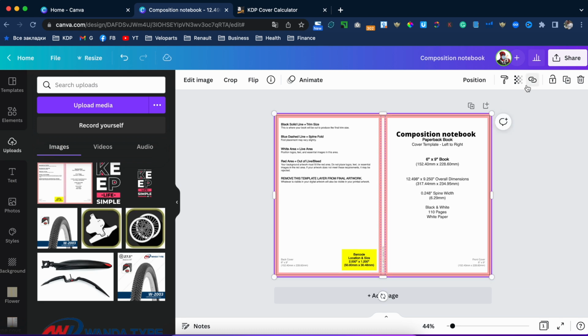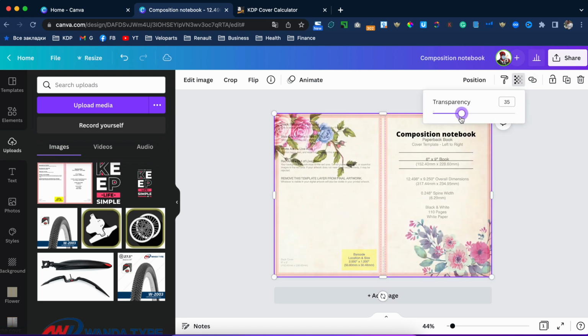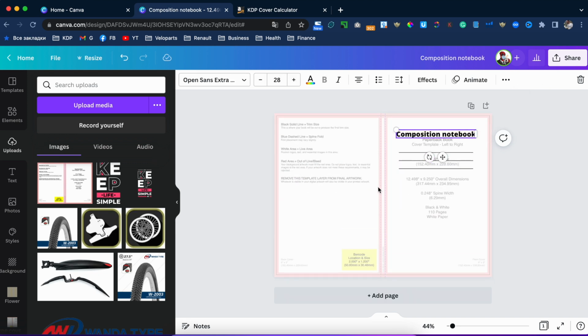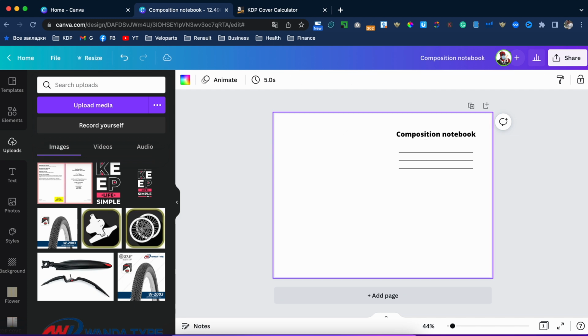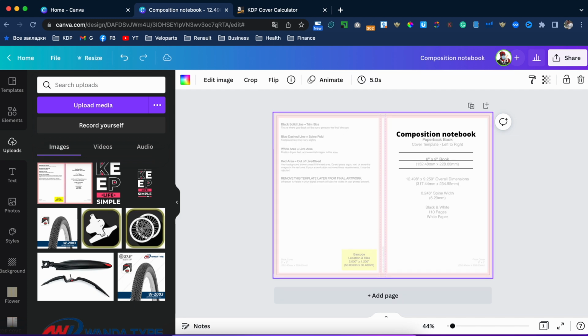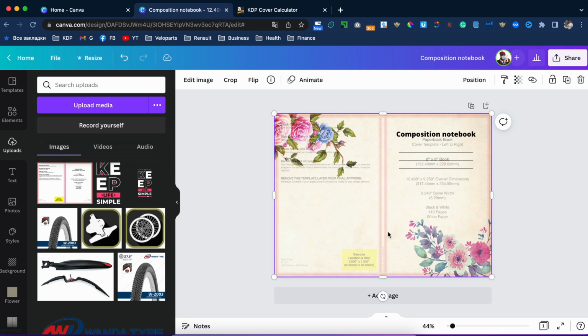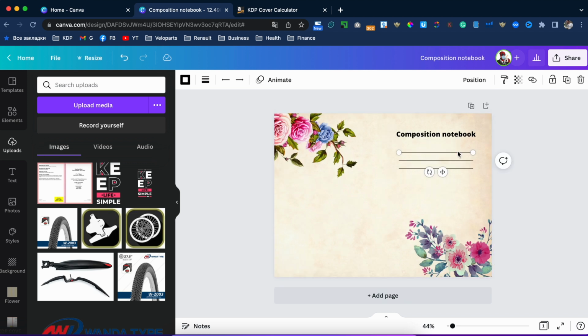Now to the edges. Okay, reduce the transparency. Okay. Command Z. I don't like it, so let's reduce.